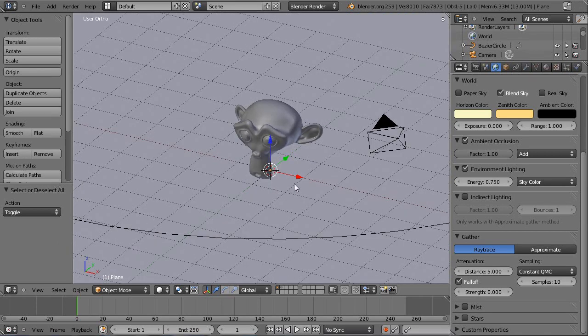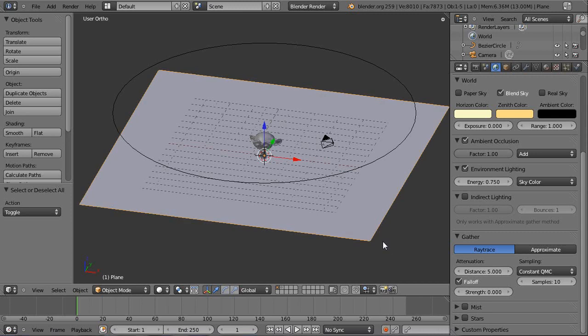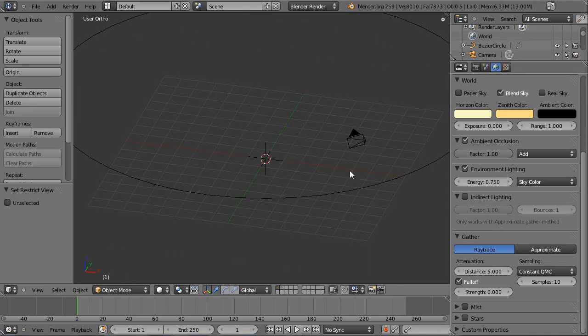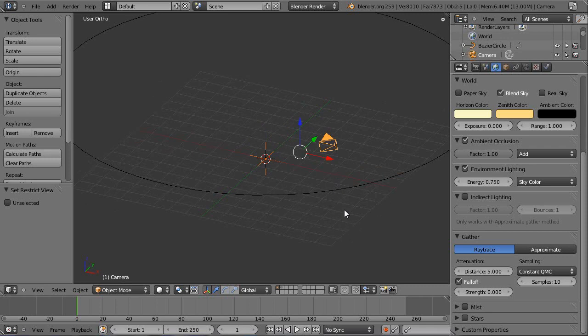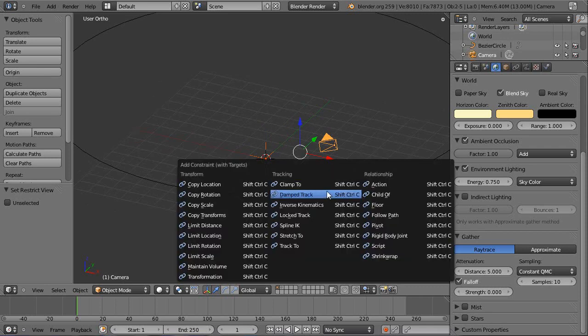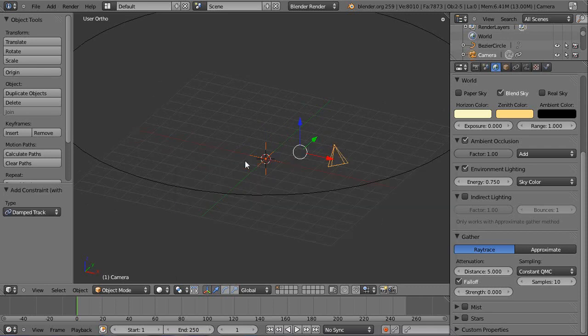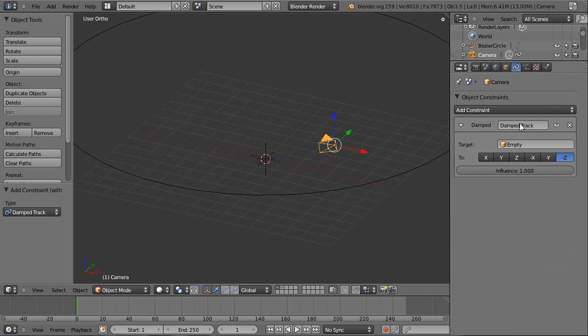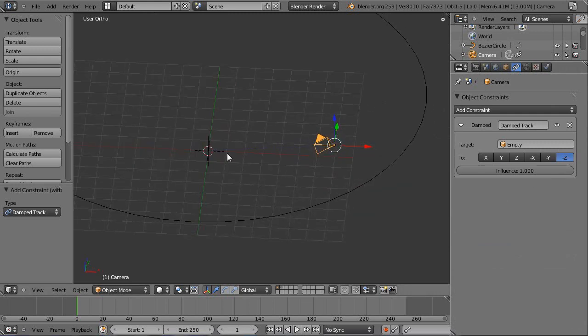And we'll select empty. So objects going on. I'll just hide those two there. So the empty, then the camera, then Control Shift C and down to track. So now the camera is constantly pointing at that empty. But if you go to the object constraints here, just set it to -Z. That should be fine. And as you move the camera around, you see it always points at the empty, which